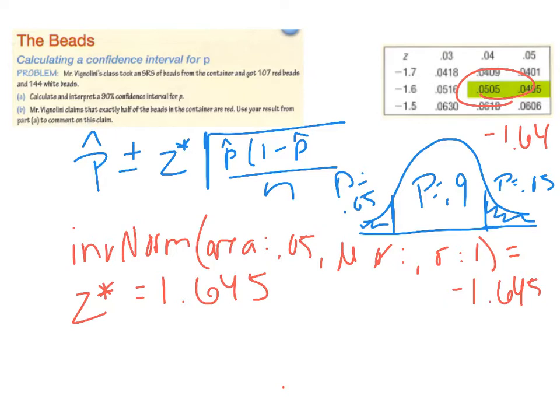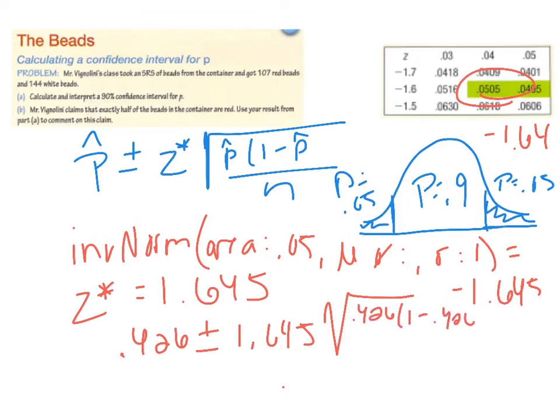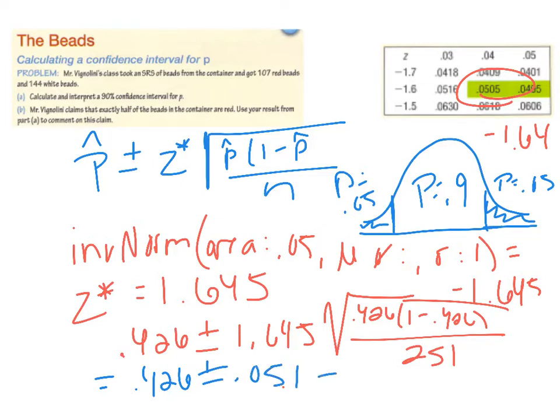So when I plug all this into my equation, I'm going to get 0.426 plus or minus 1.645 times the square root of 0.426 times 1 minus 0.426 over 251. When you calculate all of that out, that's going to equal 0.426 plus or minus 0.051, which is equal to my interval. And so my interval is going to go down as low as 0.375, comma, and then it's going to go up as high as